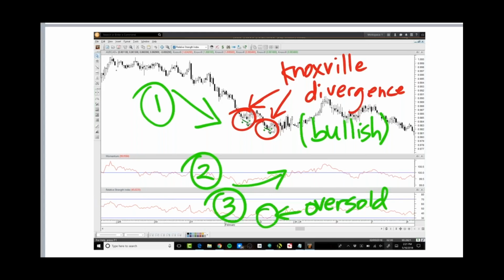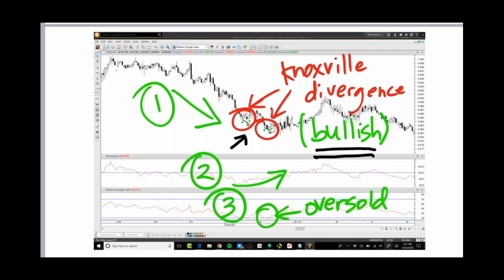And I try to share as much as I can for free as often as I can and try to make myself as accessible as possible. And anyway, so this is an add-on inside of Metastock, and that's what we're going to talk about today. So this indicator appears as small lines underneath price, your bars or candles, or on top of them. And in this example here, this Knoxville divergence, named because I was in Knoxville, Tennessee when I built this indicator